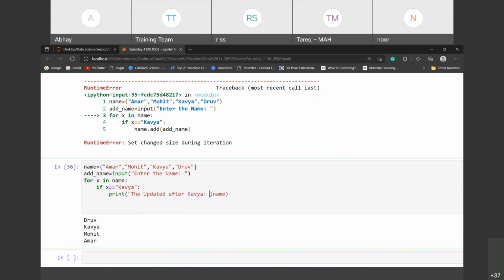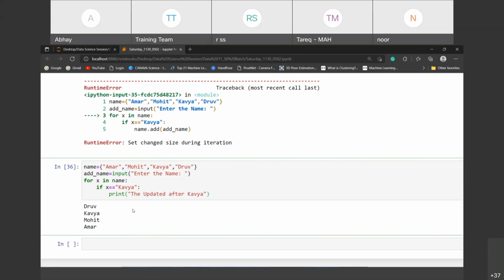Just for understanding purposes, I'm doing this. So definitely you know that Kavya will enter here. I am not passing any else condition here. Actually, I'm passing x, not name. x is equal to Kavya. Kavya is equal to Kavya. That time it will print updated after Kavya.